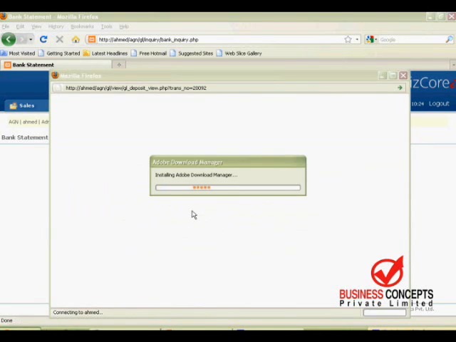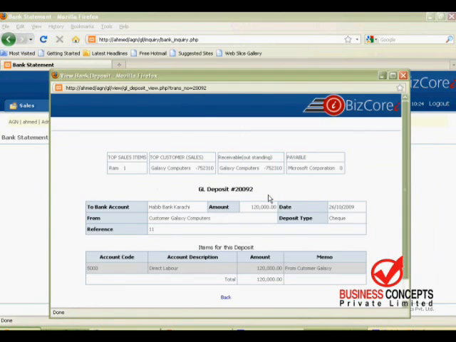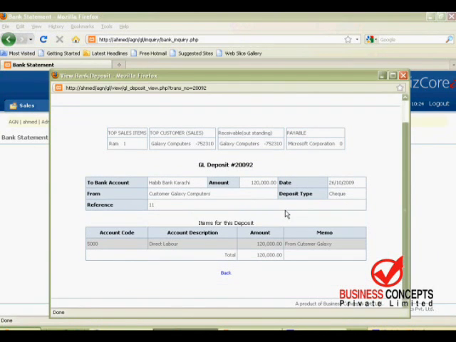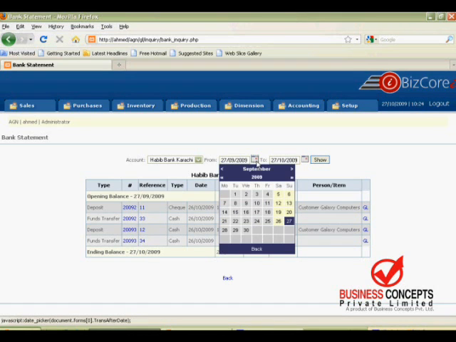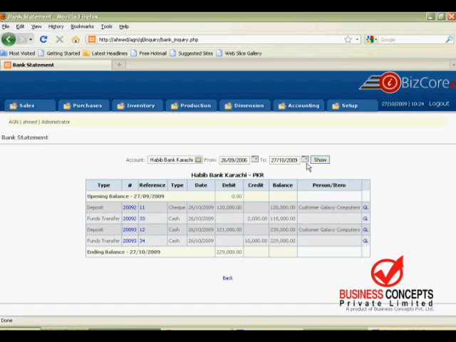This is the transaction detail of 1,20,000. You can view all the details regarding HBL bank. You can select the date also, previous date or previous year in this manner, and then you can choose. You can view the GL entries